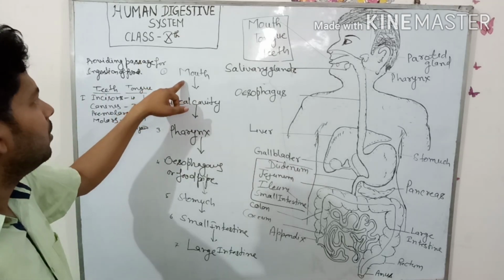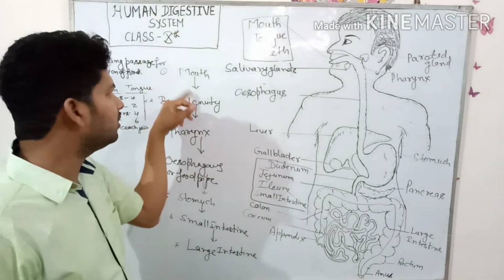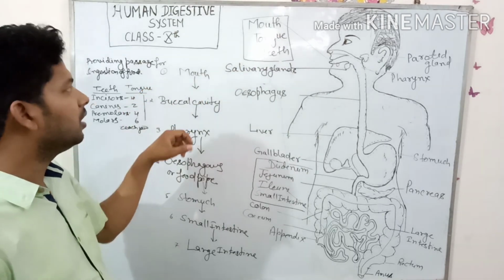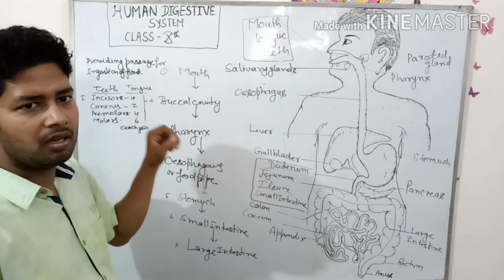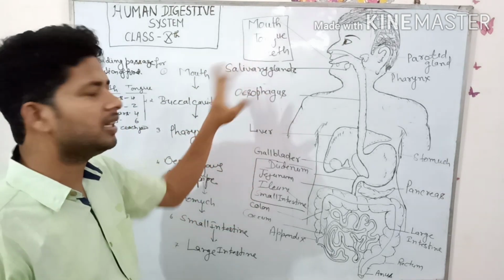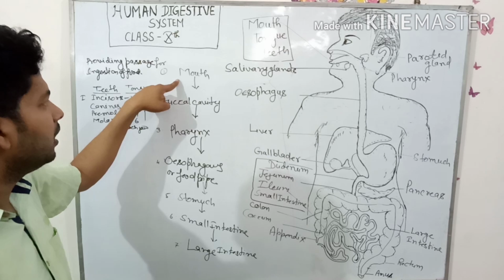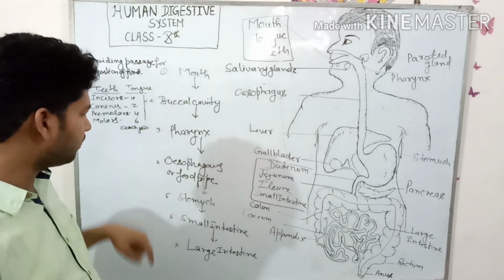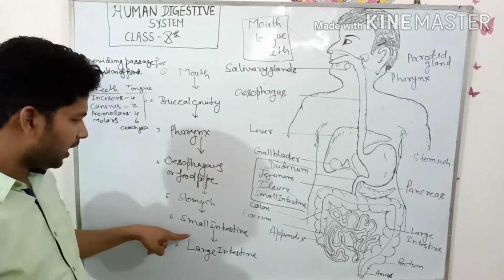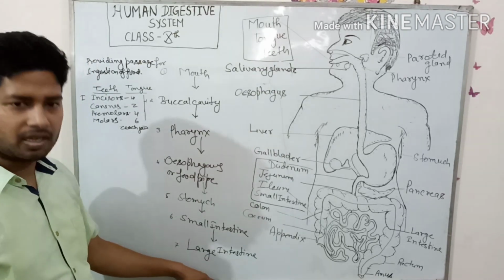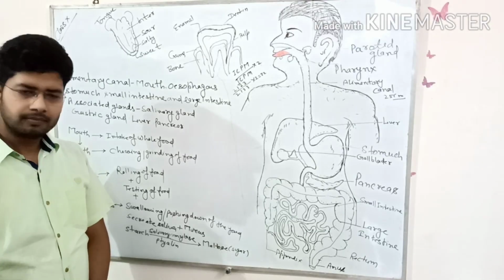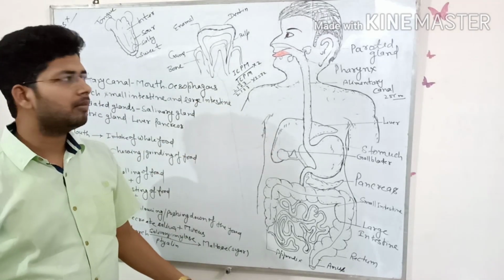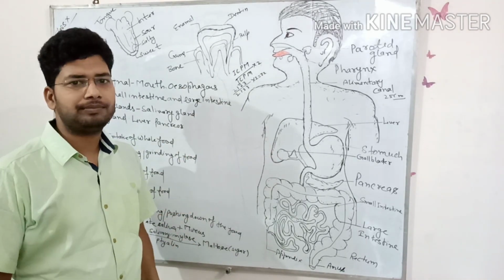The digestion process starts from our buccal cavity, present in our mouth. The mouth consists of the tongue and teeth basically. We can discuss the teeth and tongue in this standard. Okay, mouth, then buccal cavity, after that pharynx, esophagus or food pipe, stomach, small intestine and large intestine. Okay, now we are going to discuss the whole process of the human digestive system.